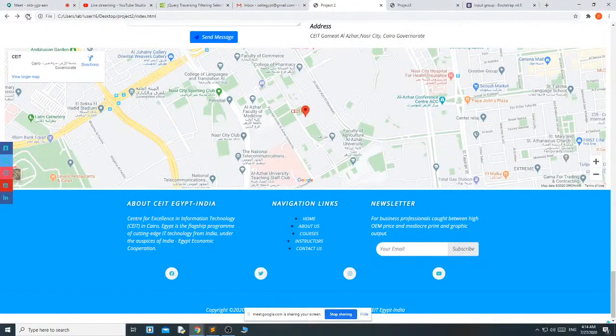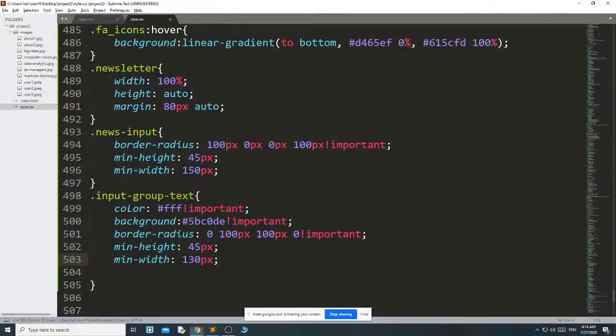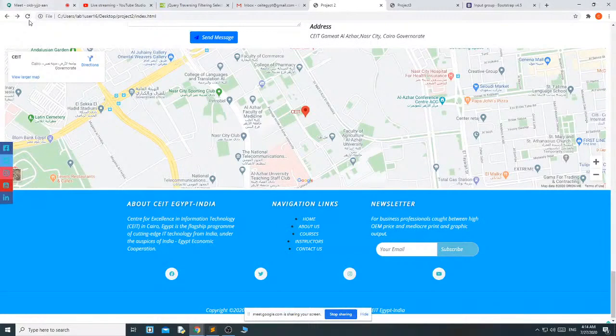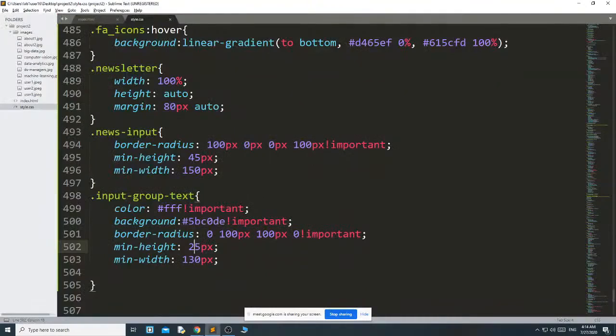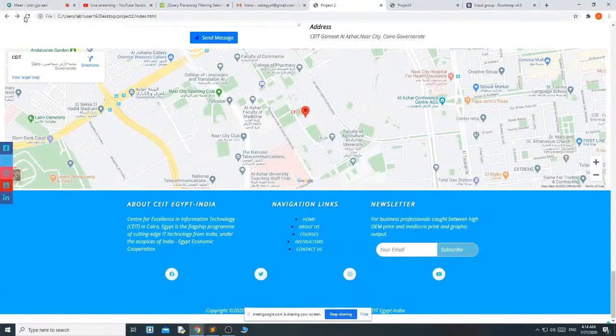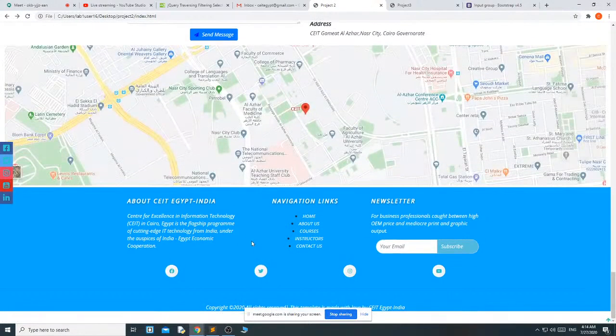See, it comes like this. But if you don't use the min height, suppose here you use 25 pixel, it goes up. With 45 pixel, it will exactly fit.